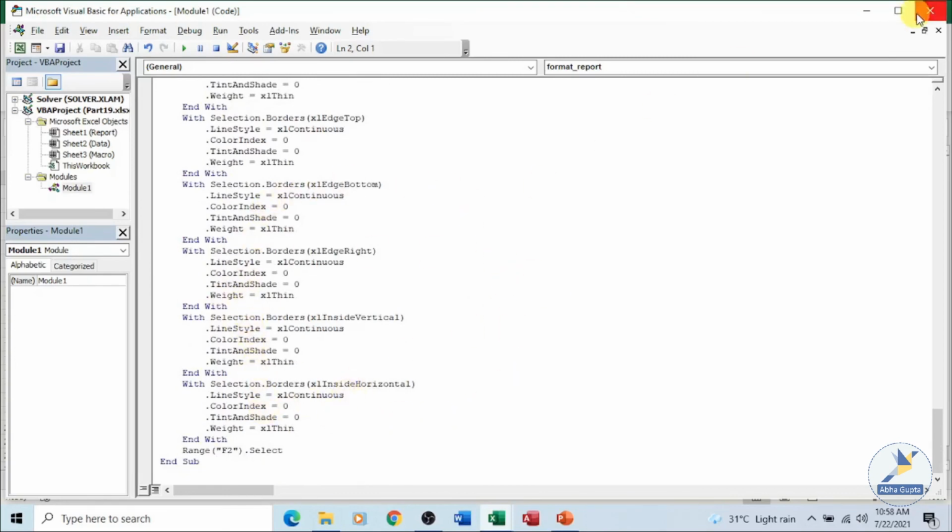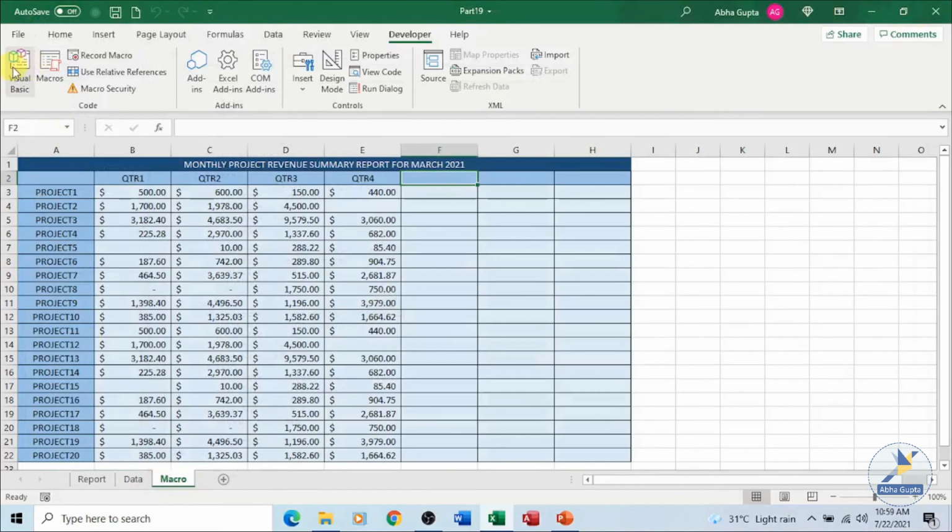And let's close this. From here also you can open Visual Basic. The shortcut is Alt+F11. You can always use referencing also over here. Then some other options are here. If you are having, say, a button using which you want to run the macro, that can also be done. So in this part we have discussed how we can automate our tasks using macros, which is present